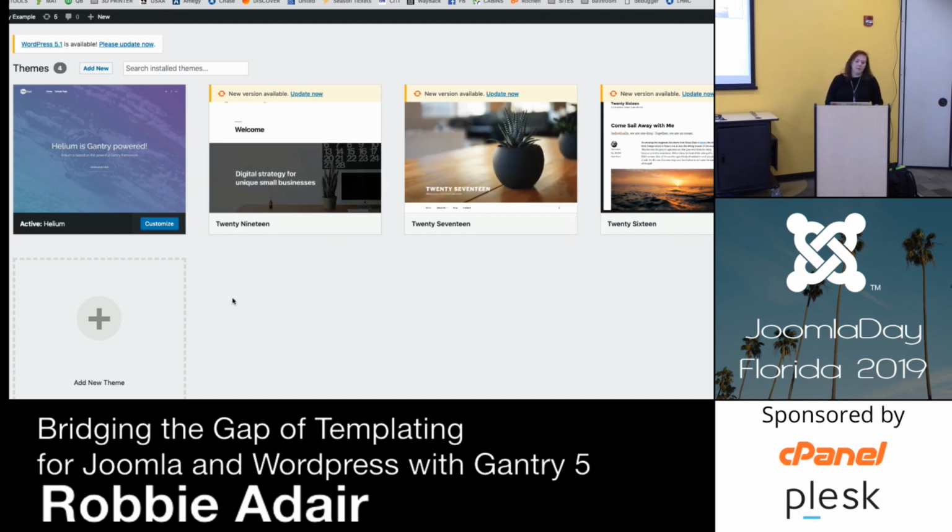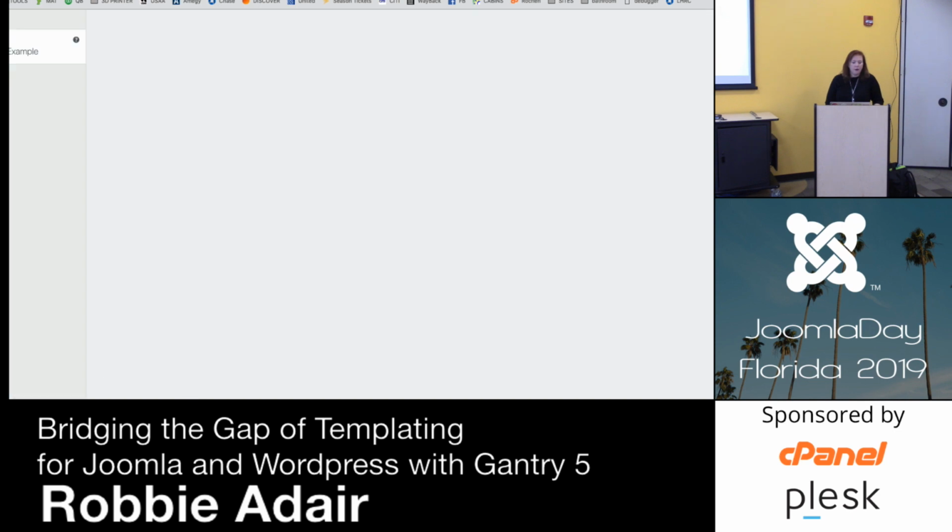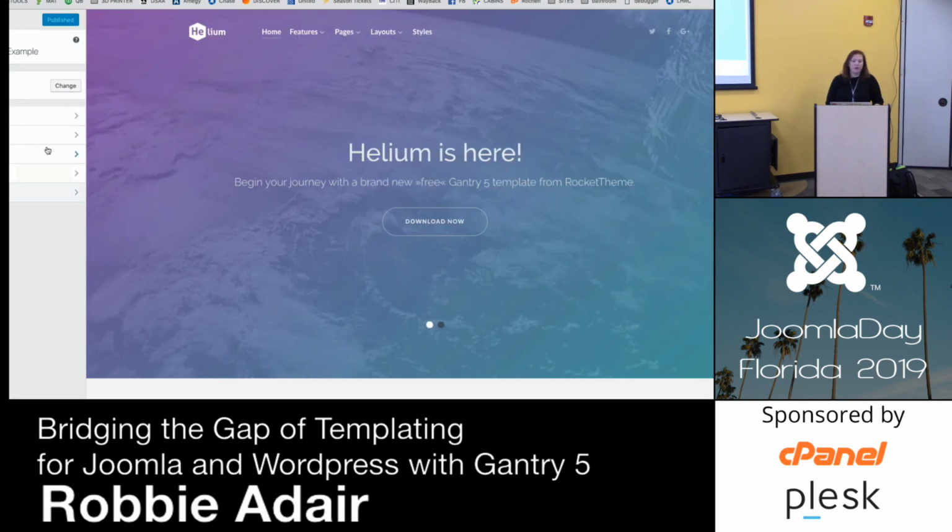You can search and find them, and you can install them. And here's where I can say, I want to set this as my theme. Now, if I was going to go through here to customize it, there are some customizations. This is the way you normally would customize inside of a theme, right? So there would be things in here that I could go through and change.